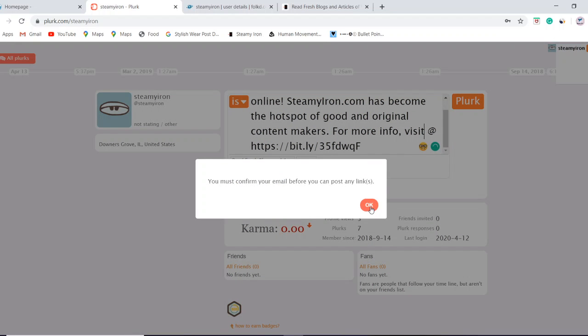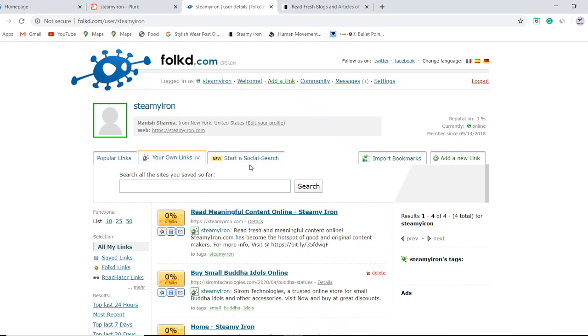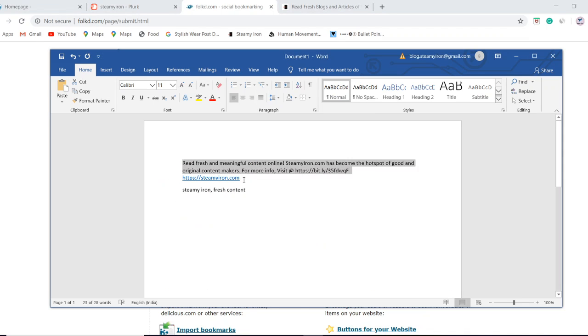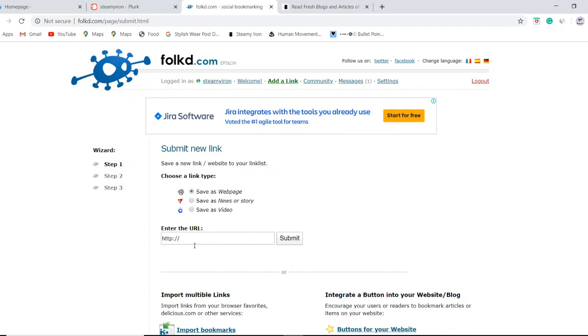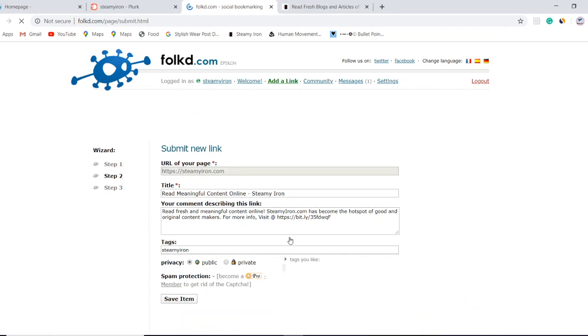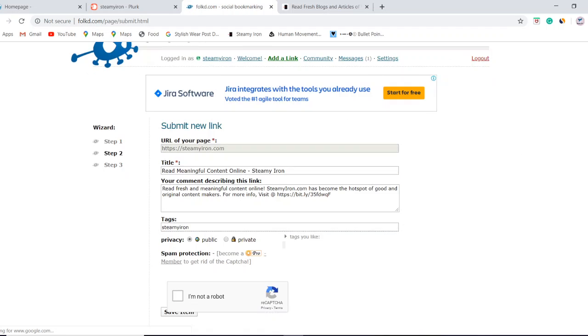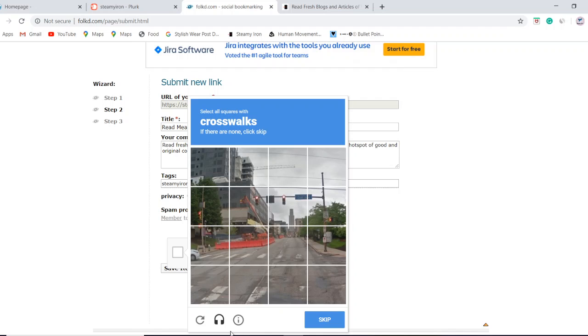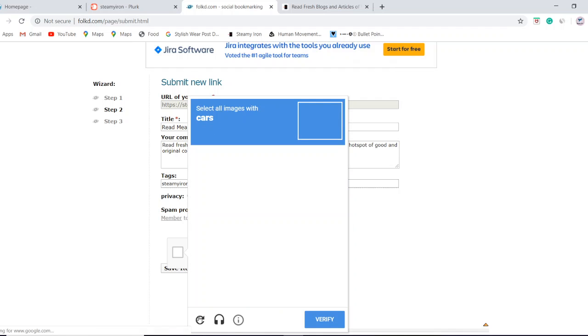All right, I need to confirm the email. So what I am going to do is jump to folkd.com. Okay, I need to fill the captcha.